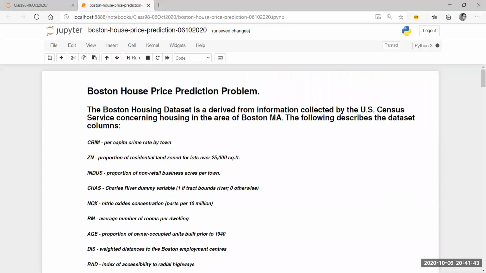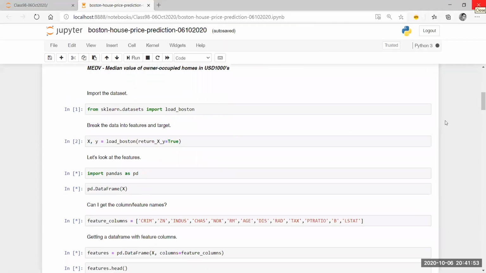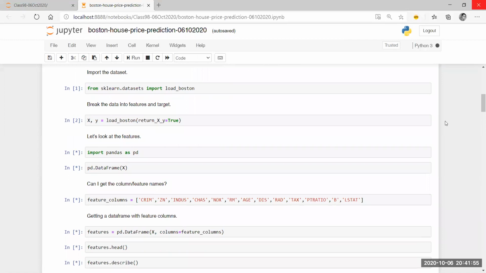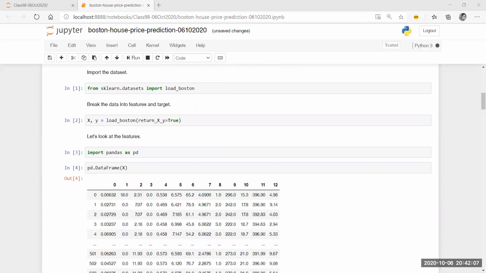I'm not sure why it is taking so much of time, but let this run. It is running, but it is running slowly. Not sure why. Let me just close my rest of the applications so that it gets some speed.